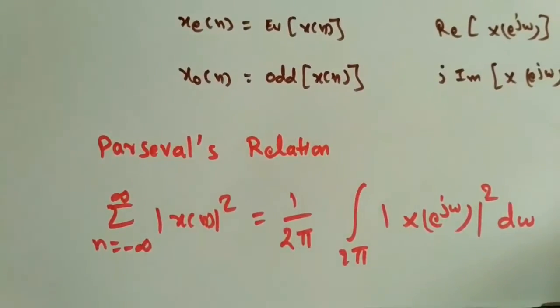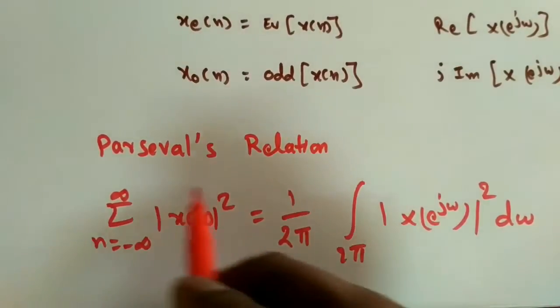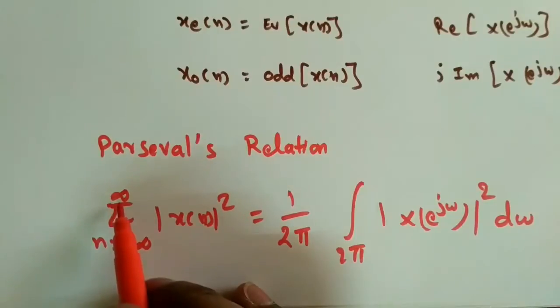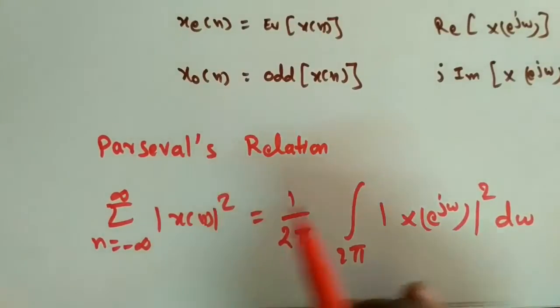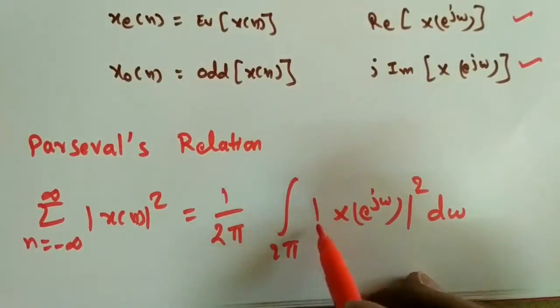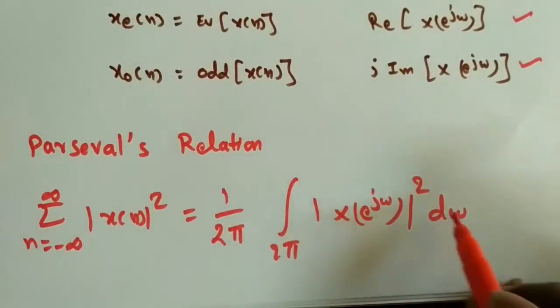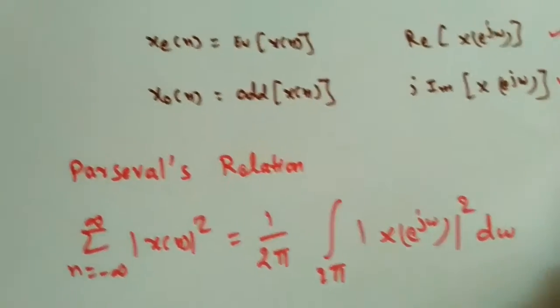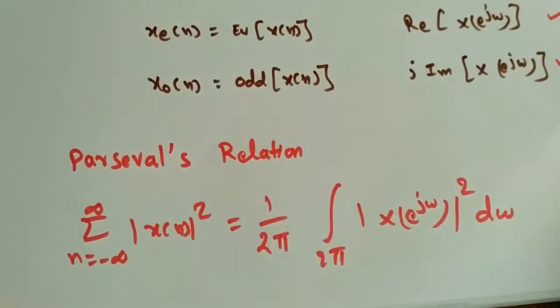The last and important relation is the Parseval relation. If we want to find the energy in the time domain, it is the sum from n equals minus infinity to infinity of mod of x of n whole square. In the frequency domain, we integrate over one period mod of x of e power j omega whole square d omega and divide by 2 pi. So this is the summary of the properties. Then we'll solve problems